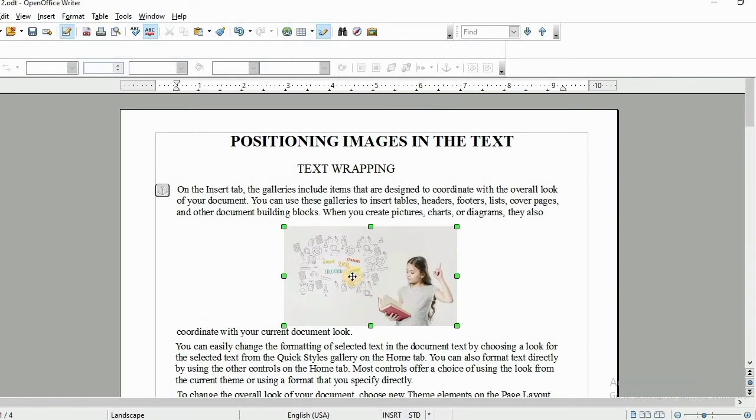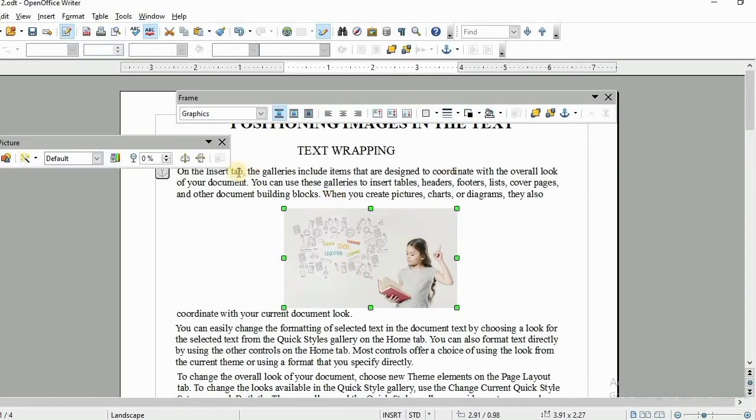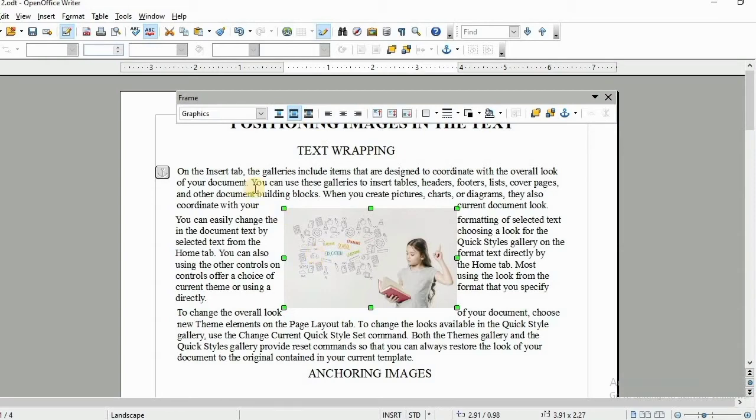Firstly, select your image. You can see there a toolbar appear. This is our frame toolbar. In it, you will learn how to manage your text. First is wrap off. It is by default. When you click on it, no work will be performed. Now click on next option, page wrap. Now you can see your text appear both sides of picture, in left side or in right side, both.